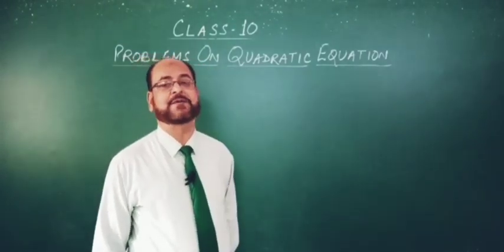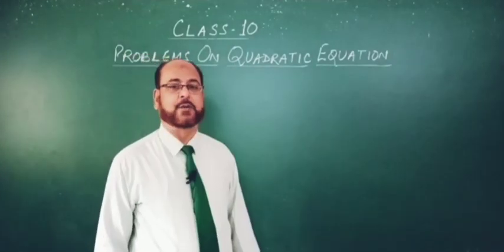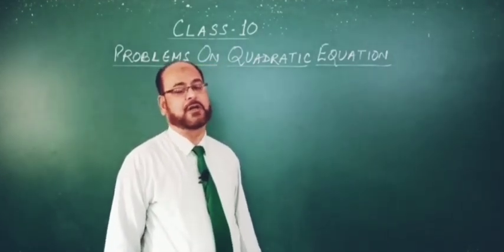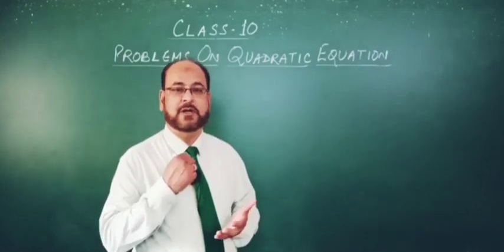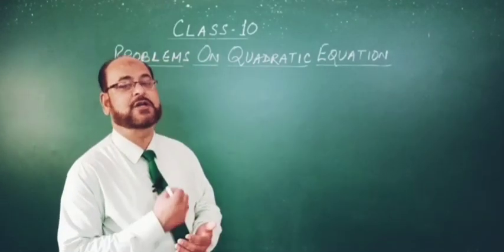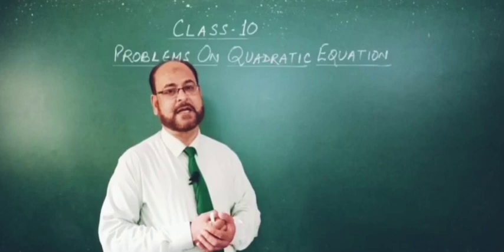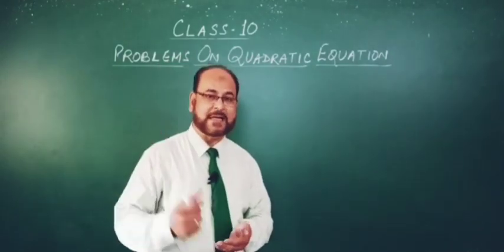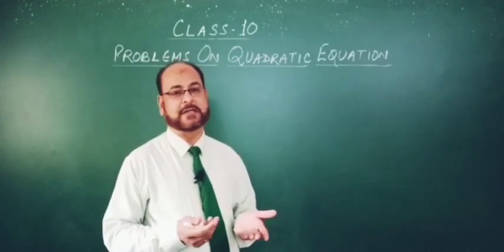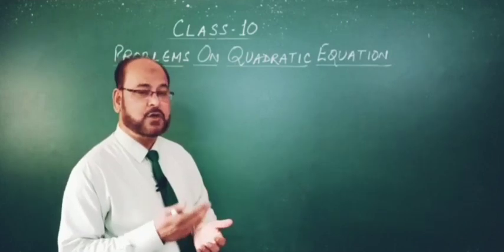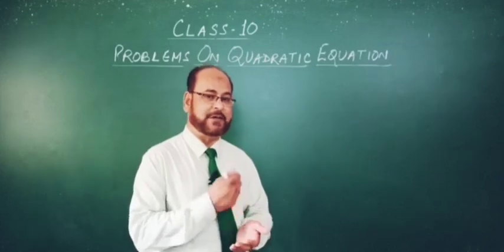But there are certain steps which we have to follow in solving these quadratic equation problem sums. First of all, you will read the question thoroughly and find out what quantity you have to find. You will let that quantity be some variable, say x, and after that, following the statement, you will frame the equation. After framing the equation, you will solve it by the factorization method and get the required value. So let's take one example.